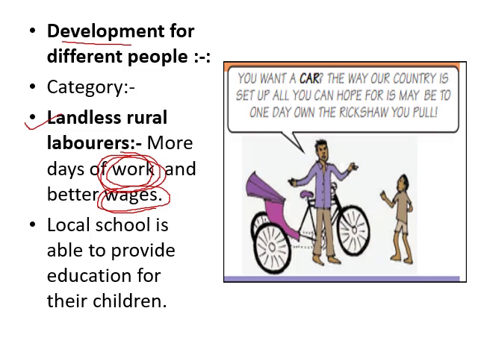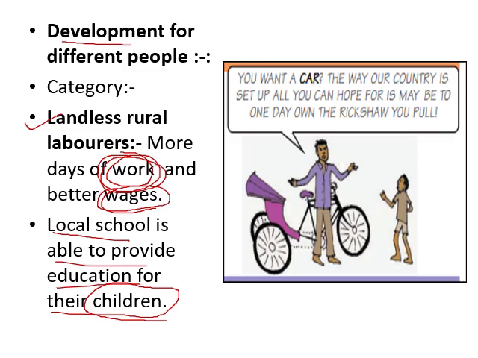So you can just imagine how development goals vary from one person to another, because the requirements of each and every person vary. Now this local school is able to provide education for their children, but who is required to send the children to the school? It is the parents. And how and when will they send their children to the school? Only when they get good payment or good working conditions.